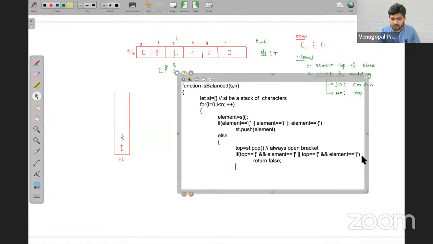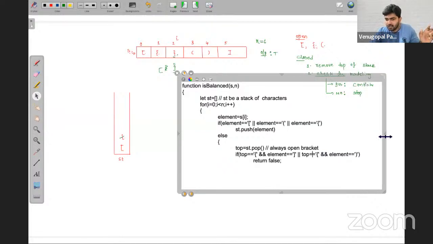Or rather than writing like this, in both of the cases top is common. If you check here, friends, top is common. You can take top as common separately. We can even do it like that.